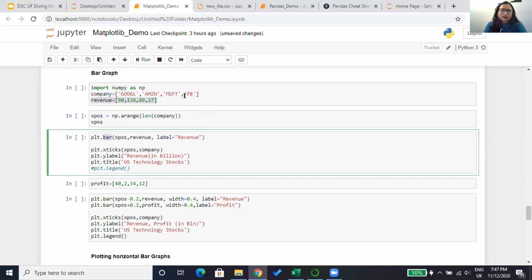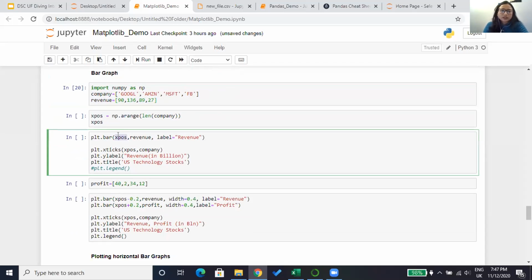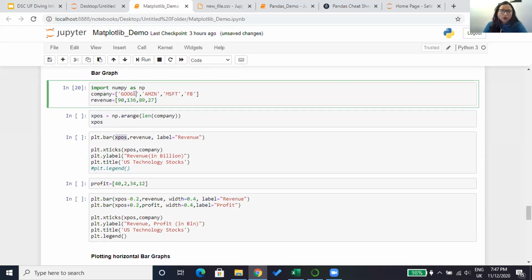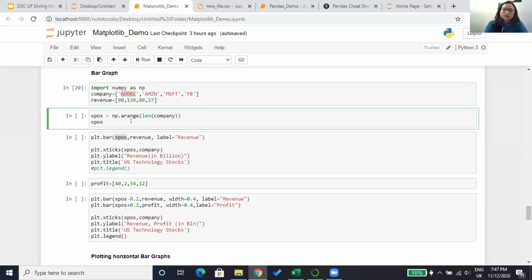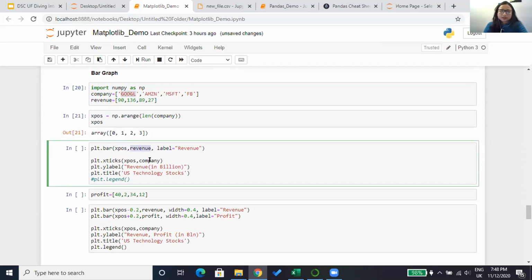So Python, let me initialize this. And Python gives a functionality called bar, which will plot the graphs with respect to the x-axis. These points are based on the length of the x parameters. It will take the x positions and store them in an array, and that will give us the x-axis inputs, and the revenue is considered as the y-axis, and the label of the graph is revenue. So if you run this,